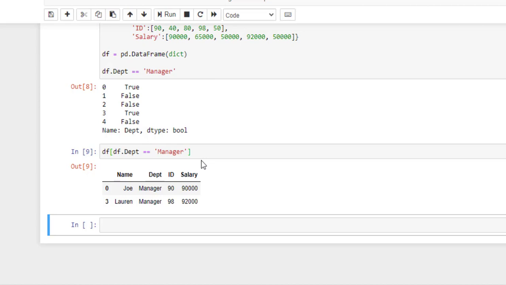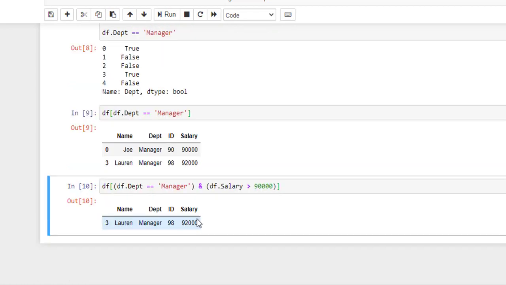For this, I will simply write a condition where I have given department as manager and salary should be greater than 90k. Here I have added the AND operator to add multiple conditions. Let's run this, and it returns the data of employees whose department is manager and salary is greater than 90k.